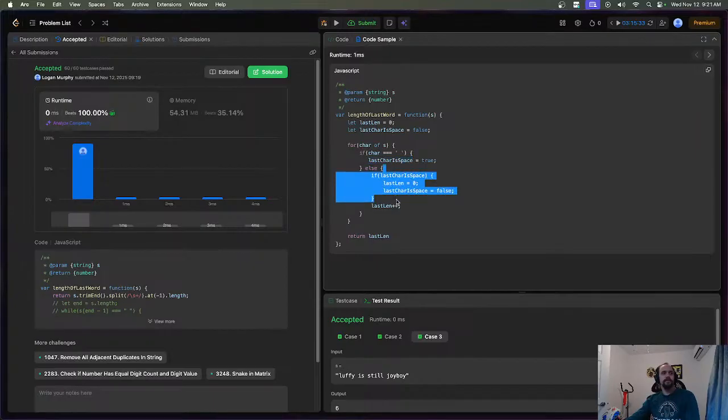And if the last character was a space, and I'm looking at something that's not a space, then I'm going to reset the length and say that it's not a space anymore, and the length will increment at this point. So basically, the issue that they had for this algorithm was they did it forward, they went all the way through the string,